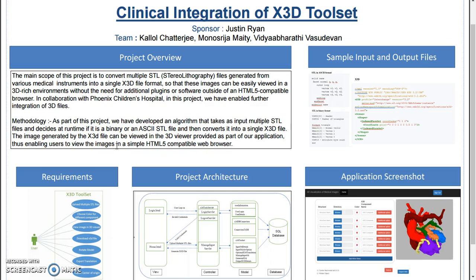So the problem statement is that currently in Phoenix Children's Hospital there is no direct way to convert multiple STL files generated by various medical devices into a single X3D file. So they have to use a paid software to convert it and follow multiple tedious steps. As a part of this project, our task is to build a software that will directly take in multiple STL files as input and convert it into a single X3D file and display the corresponding image in a 3D